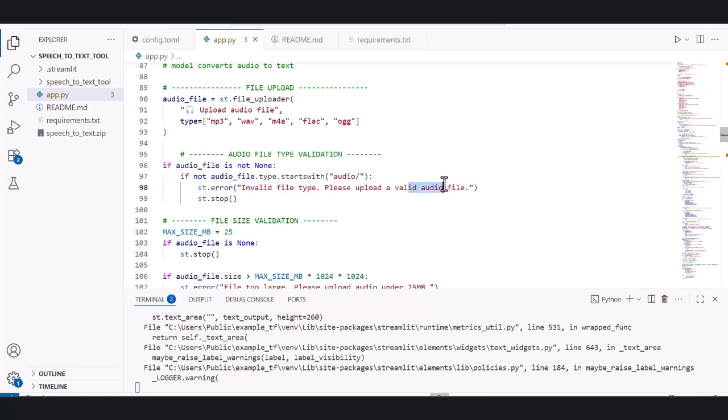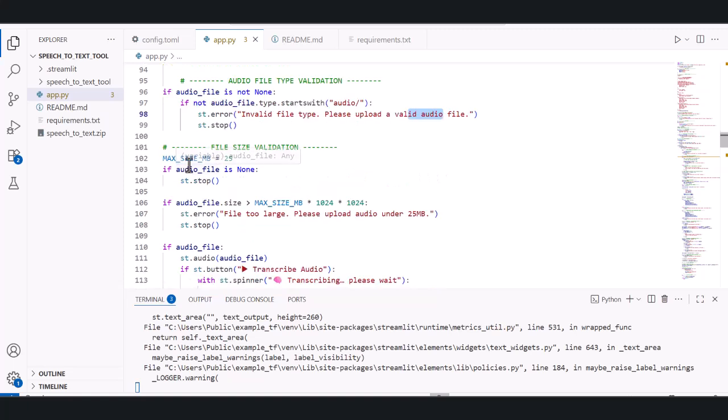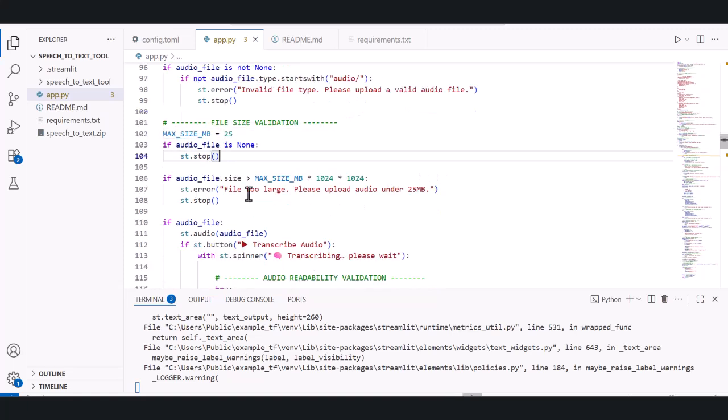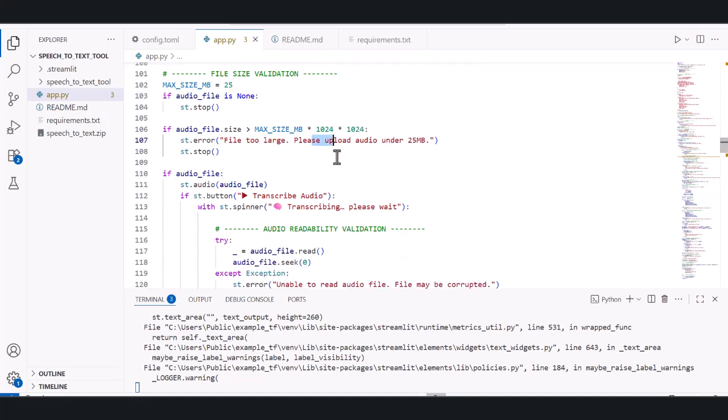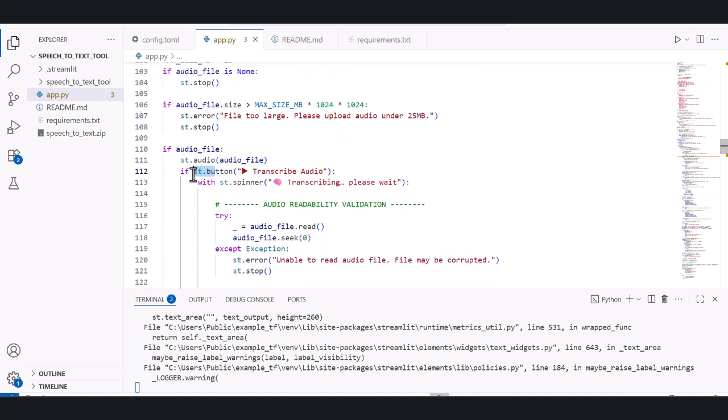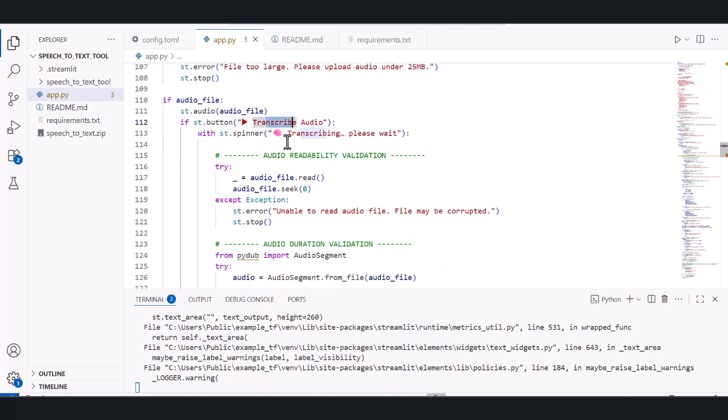Please upload valid audio file. You can see here, this is the maximum size. If the file is too large, it will show this validation, file size validation. And this is the transcribe audio button, as you saw in the output, and while transcribing it will show